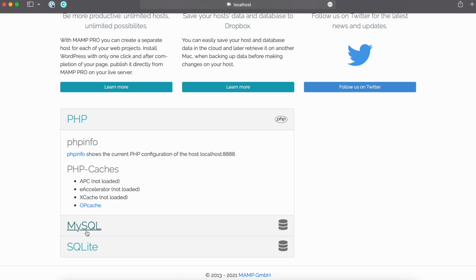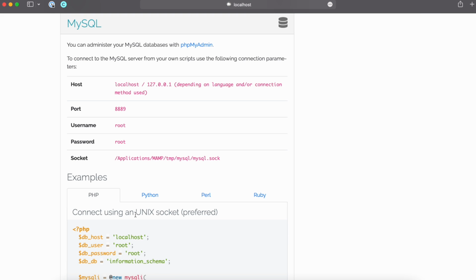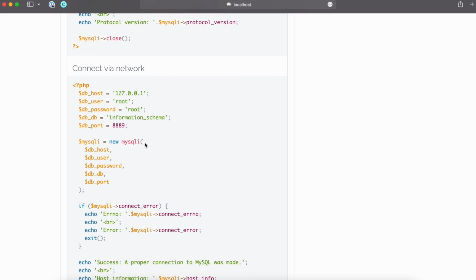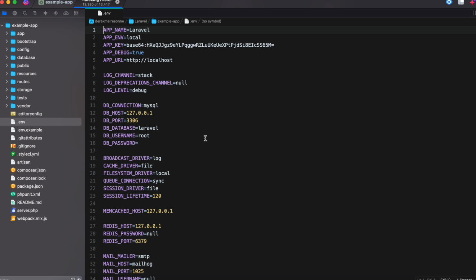So here's all your PHP information, MySQL, how to connect. I'm going to scroll down, we want to connect via the network. So here's your host, username, password, and port. Those are the most important things that we need. So go ahead and copy this information and go over to your code editor of choice and open up that